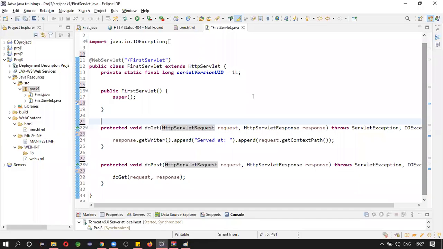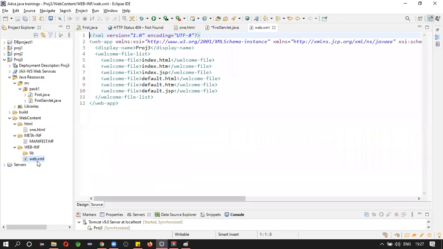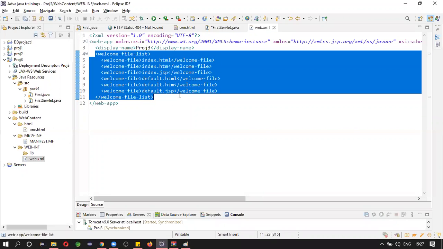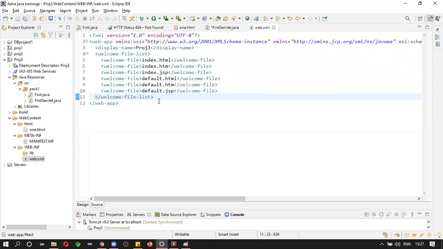Some more basics you need to know about web.xml. This is nothing but a deployment descriptor. You need to know the welcome file list concept and load on startup, some small things. We will discuss in tomorrow's class.